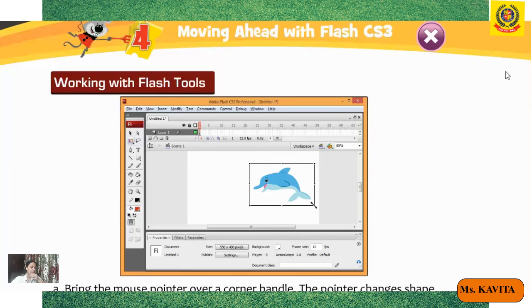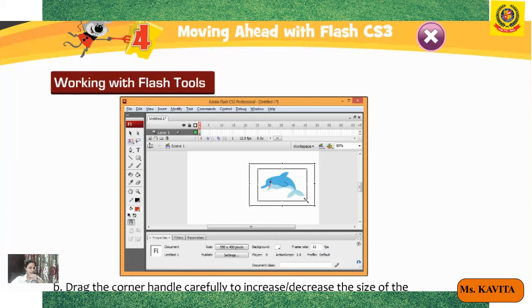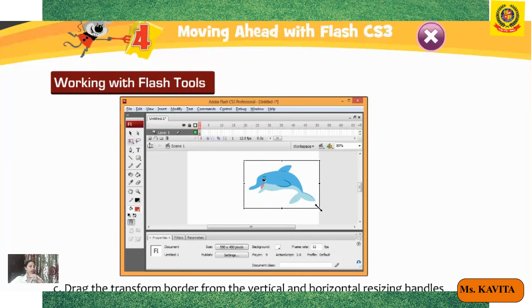To rotate the object, position the mouse pointer just above, not on, a corner handle. When the pointer changes to the shape of an arrow icon, you can see this one, drag the handle clockwise or anti-clockwise to rotate the object.